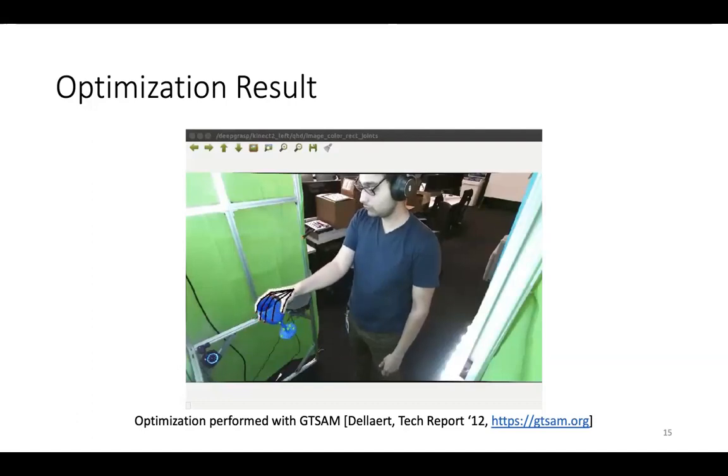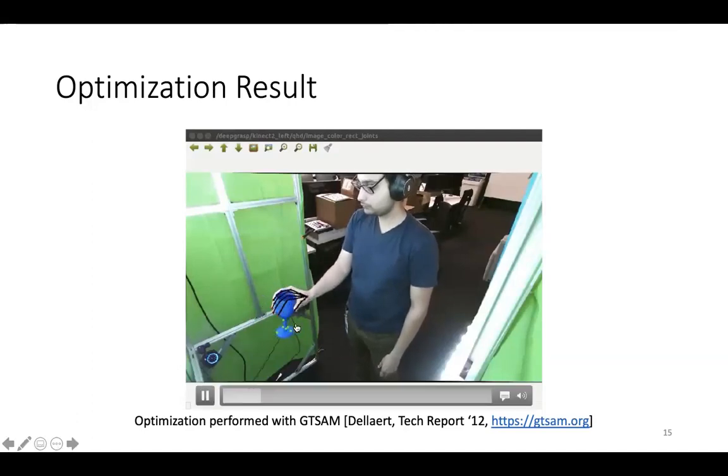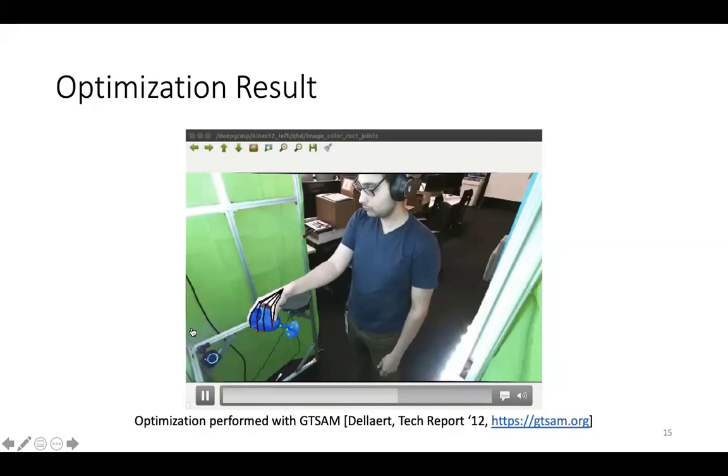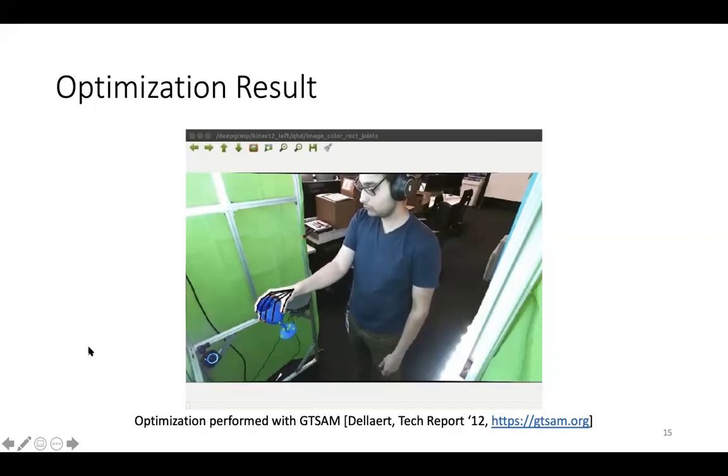And here's a typical result. You can see, first of all, using these green dots, the object is being tracked. And once you optimize the 3D hand joints with respect to the object coordinate system, you can then transform those joints by the current object pose and project them into the image. So you can see a typical hand joint annotation overlaid in these images.